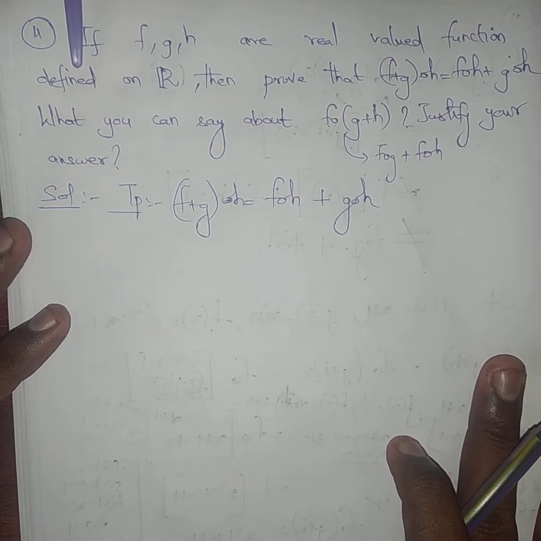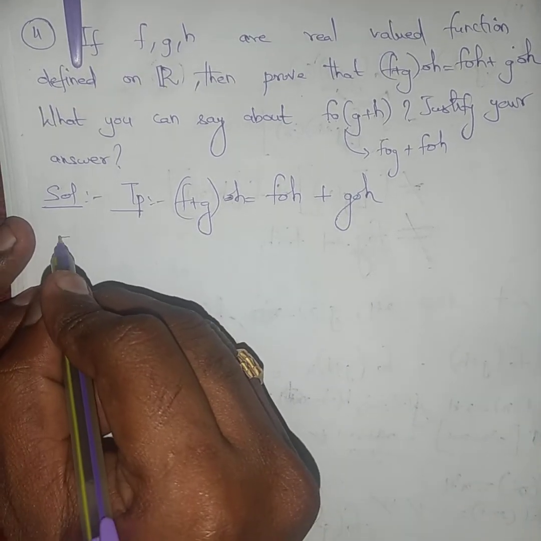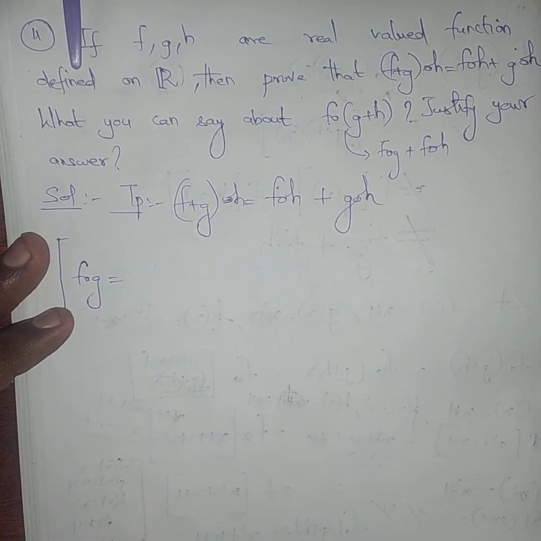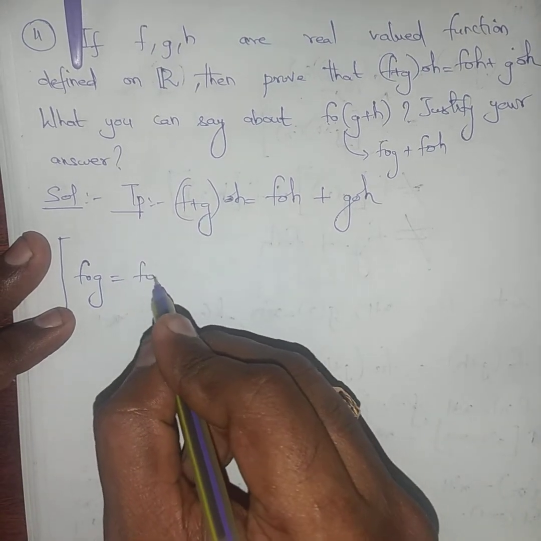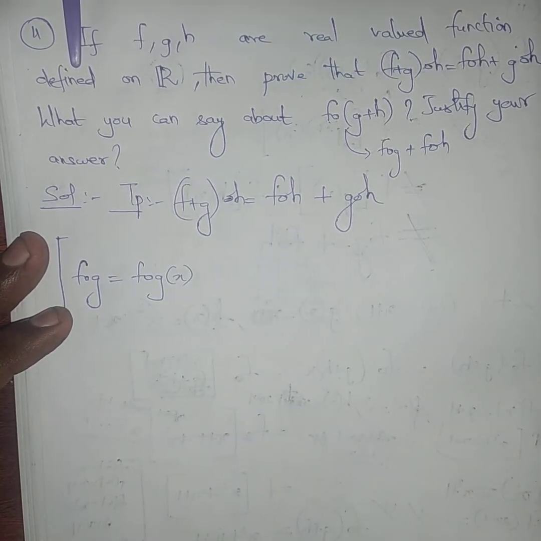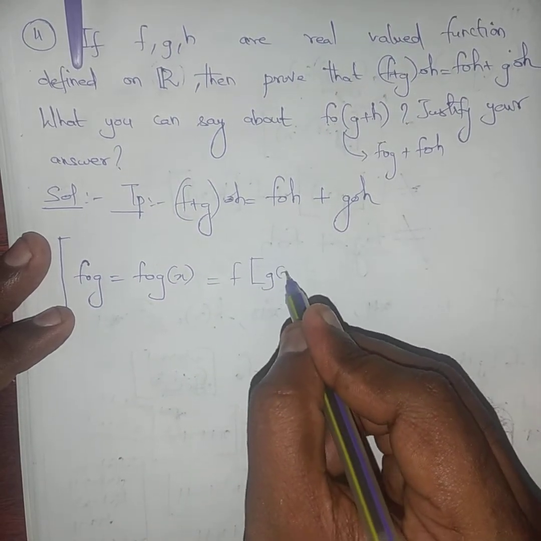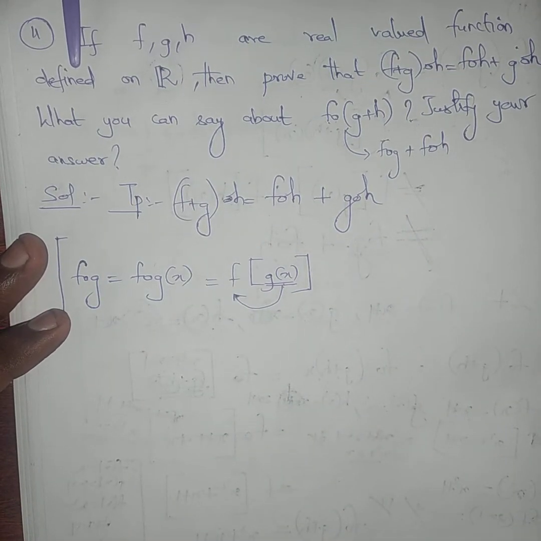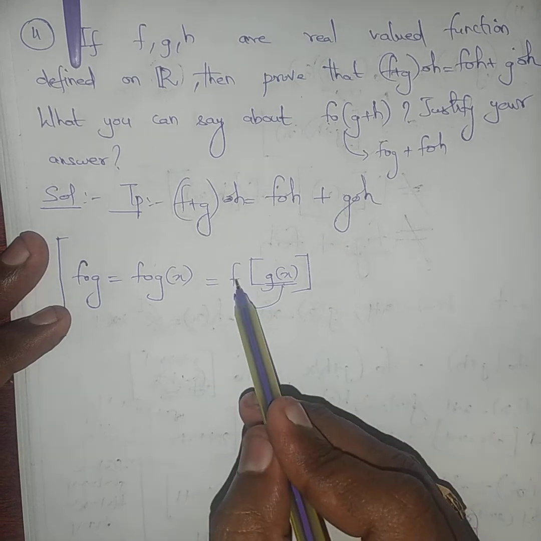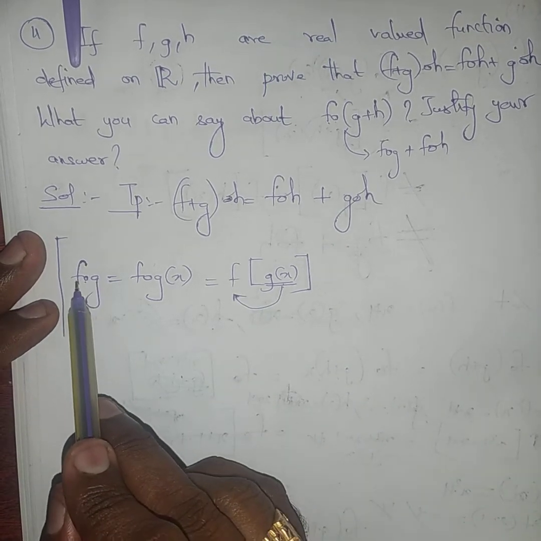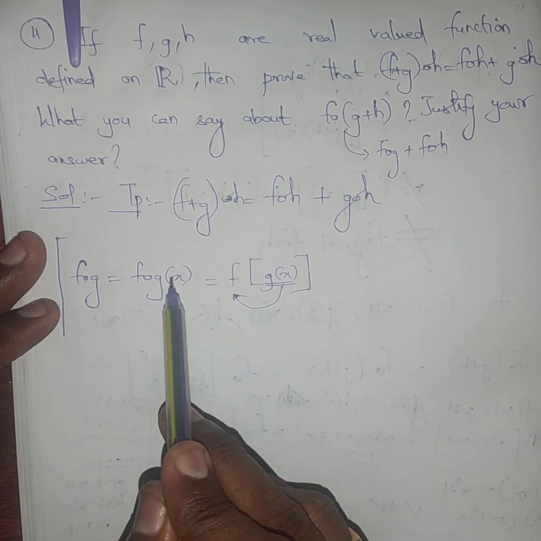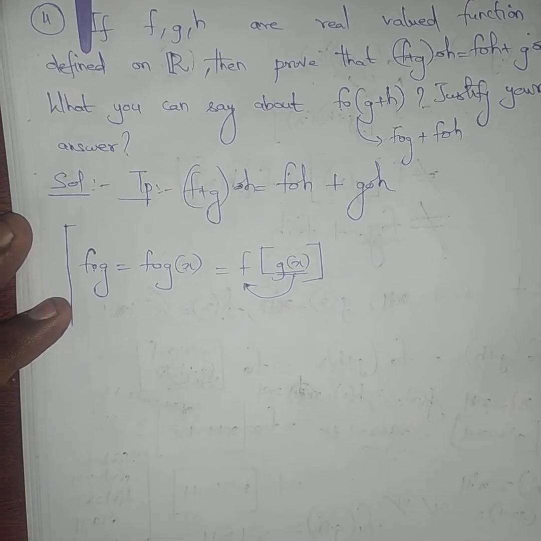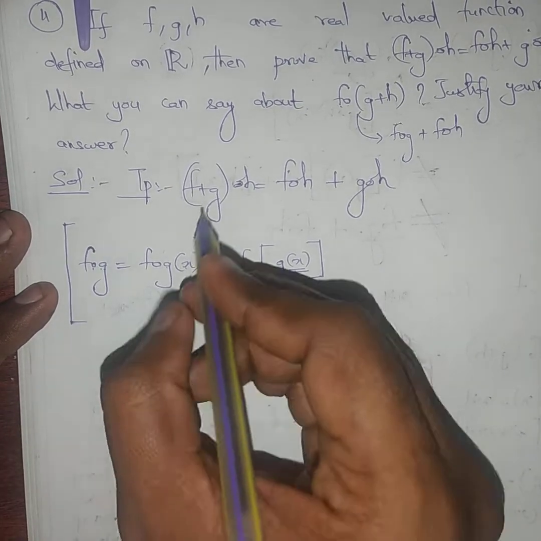So in 10th standard you studied about composite functions. I will explain in detail. f composite g, sometimes you can say f dot g, is equal to (f composite g) of x, which is nothing but f of g of x. This g of x is the inner function for f. Next I will move towards the LHS.